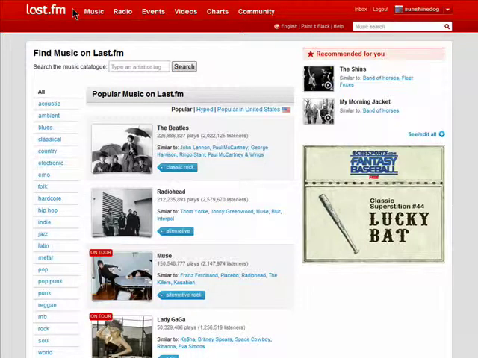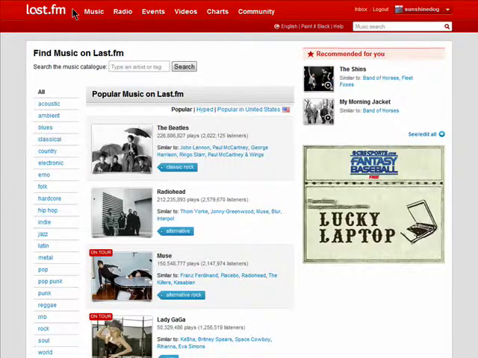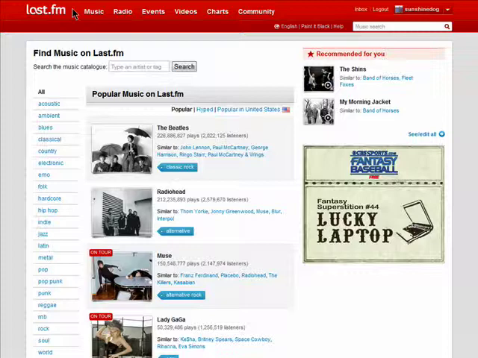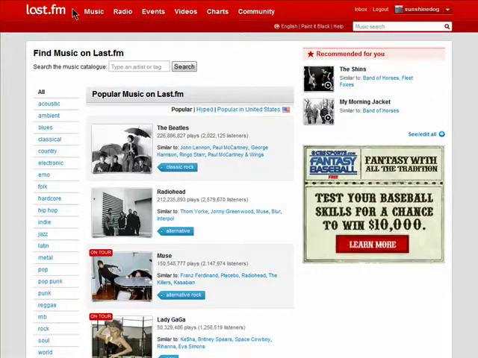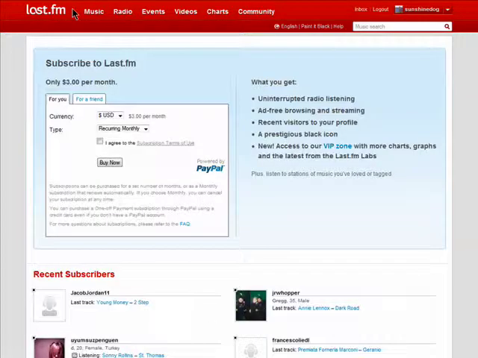Creating playlists allows you to create mini soundtracks of your own to listen to whenever you want. Note that you do need to be a paid Last.fm subscriber in order to listen to these playlists in full order. Anyone can create one, but in order to listen to it a certain way, you need to select a membership from here,